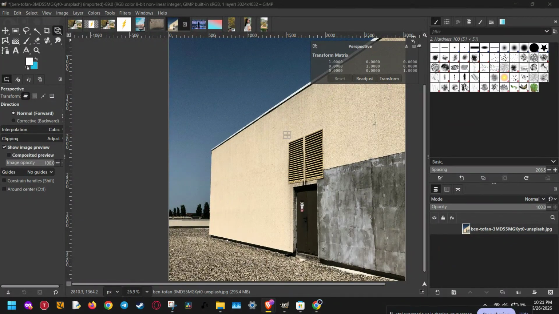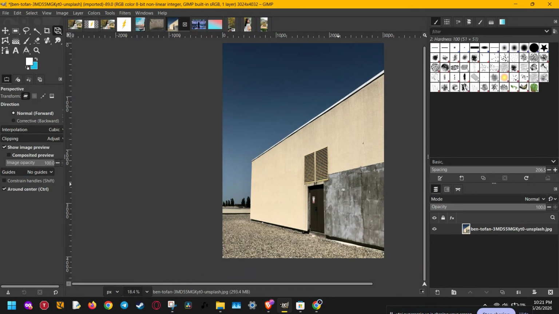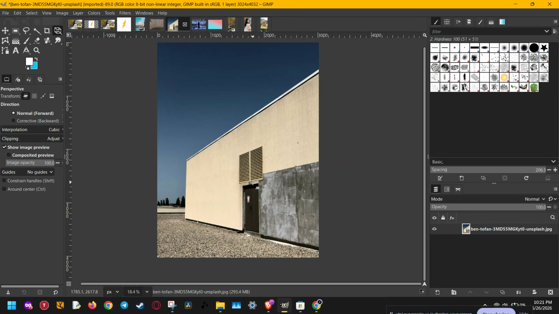If you want to make text look like it was actually painted, printed, or projected onto a wall in Gimp, this technique is exactly what you need. In this video, I'll show you how to blend text into a wall so it matches the surface instead of just sitting on top of it. This is a great effect for mockups, posters, street art styles, and creative edits, and it only takes a few